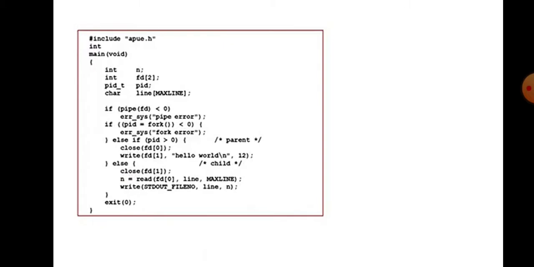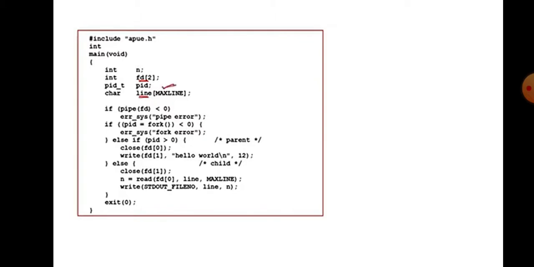Now let us look into a small program with which we demonstrate the use of pipe for transfer of data between parent and child. This is required as the file descriptor array, and this is the array where we store the data that has been read and written.